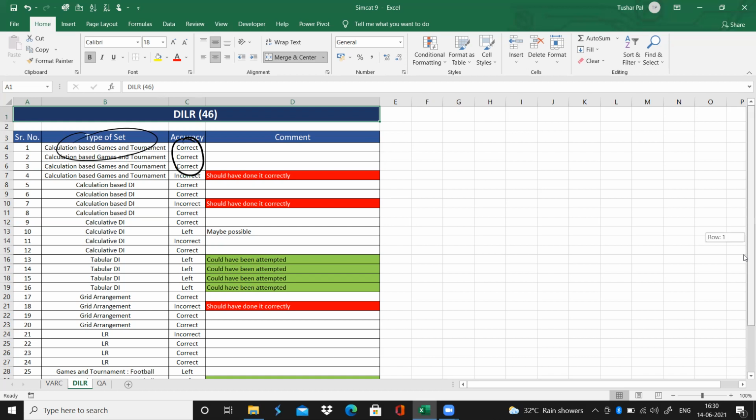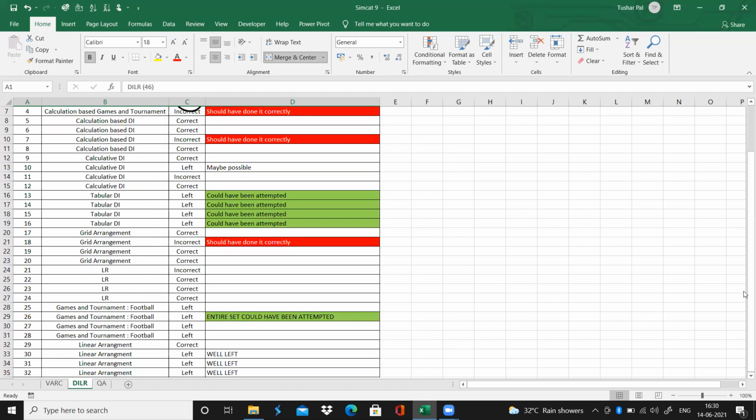As you can see here, I said that I'm quite well in arrangement sets, but I left this set because it was quite difficult. So it is not at all necessary that I will be able to solve everything from my comfort zone. So you should just see the set and try it for around 3-4 minutes. If nothing clicks in your brain about that set, then skip it and move on to the next set.